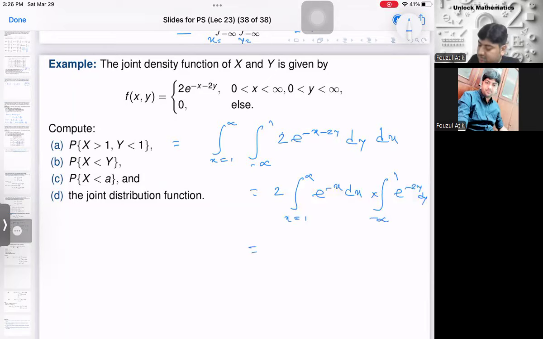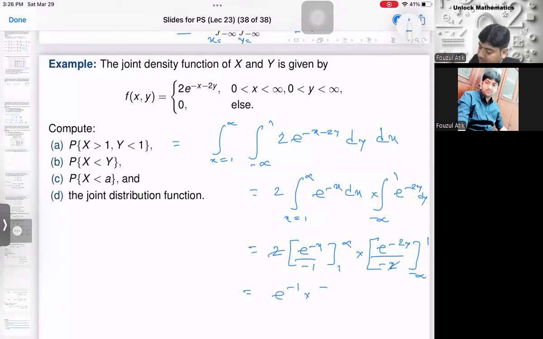If you calculate, we get 2 into e power minus x by minus 1 over 1 to infinity, into e power minus 2y divided by minus 2 over the y limits. If you put in the values, e power minus infinity gives you 0, so 2 into e power minus 1. This 2 and this minus 2 can be cancelled out, so e power minus 1 into